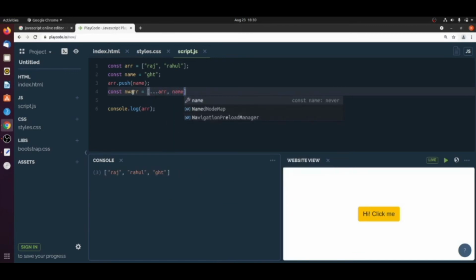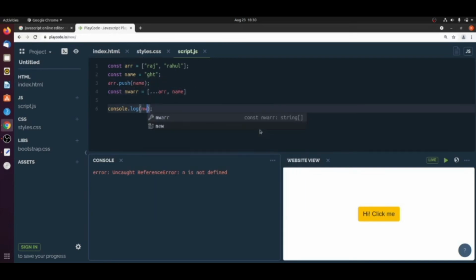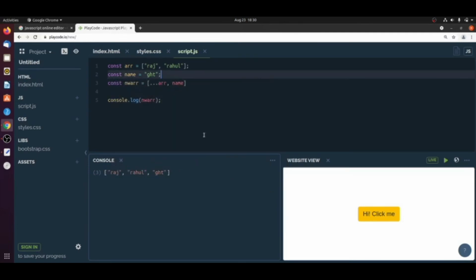If I print the new array, it will give you the same value. So here let me remove this one. See, it is an easier and more advanced way in JavaScript to use the spread syntax.